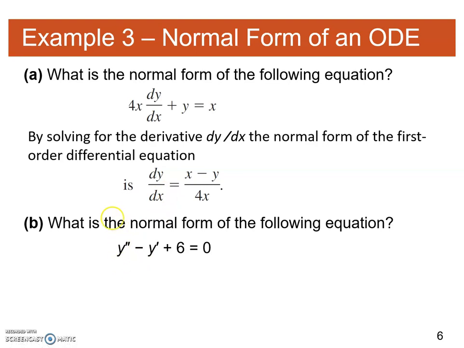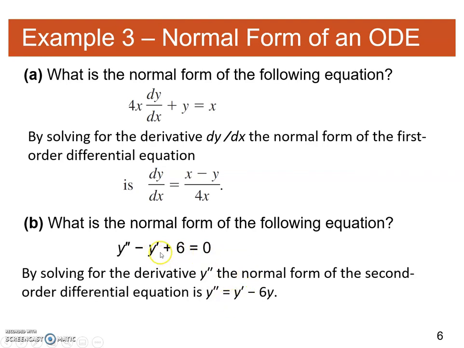So what will be its normal form? Its normal form will be the one that has the highest order of the derivative on one side, and everything else on the other side. So if it is y double prime minus y prime plus 6, y double prime should be on the left hand side and everything else should be on the right hand side. So this can be rearranged like this. You just take minus y prime plus 6 to the other side of this equation, then it will become y prime minus 6y. So this will be the normal form of the ordinary differential equation